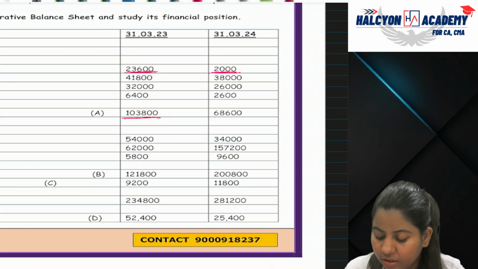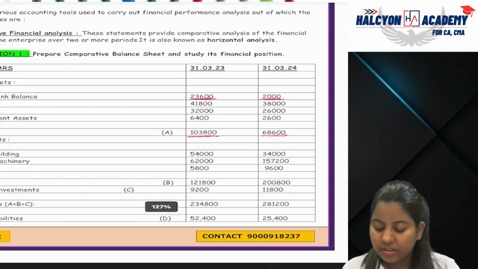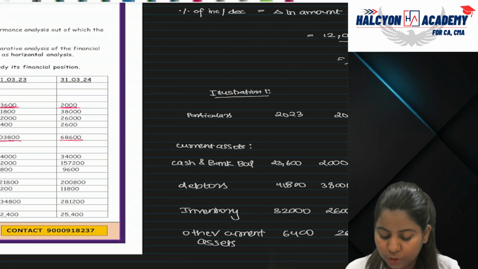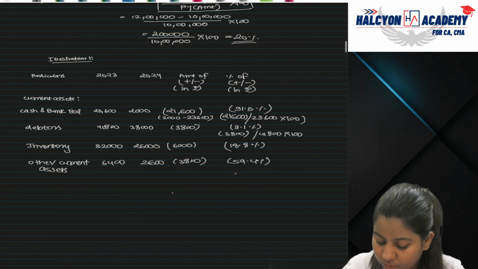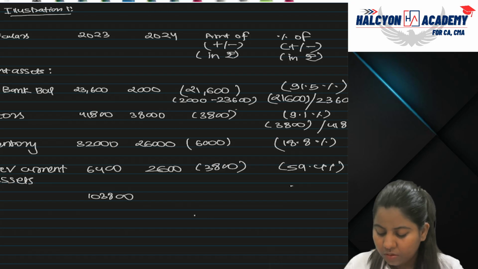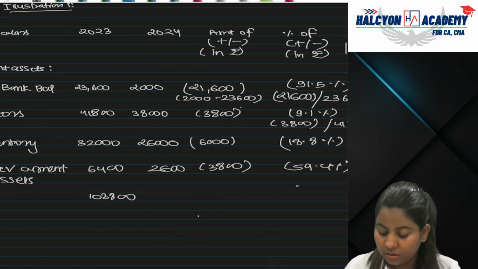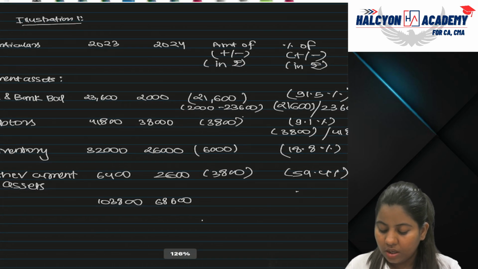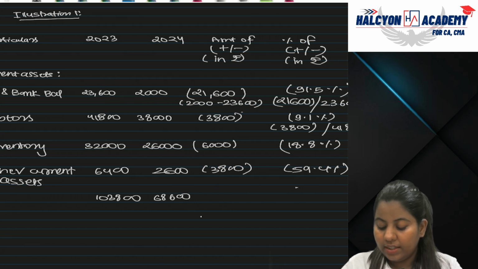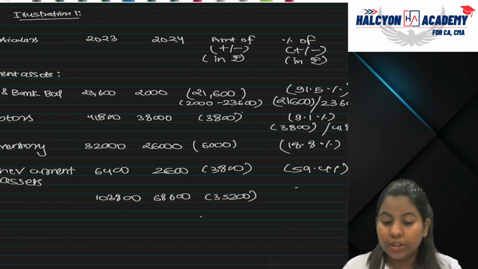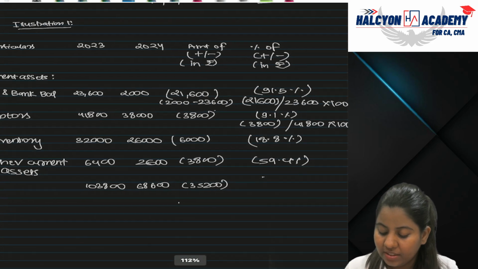Then the total of current assets is given. We have to find out the percentage change of the total also. The total of the previous year is 1,03,800 and the total of the current year is 68,600. Again, it is decreasing. Decreased by how much? 35,200 rupees, and the percentage will be